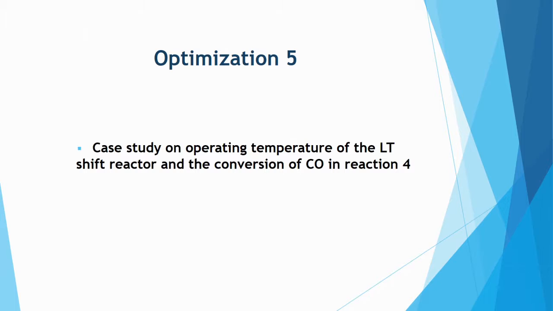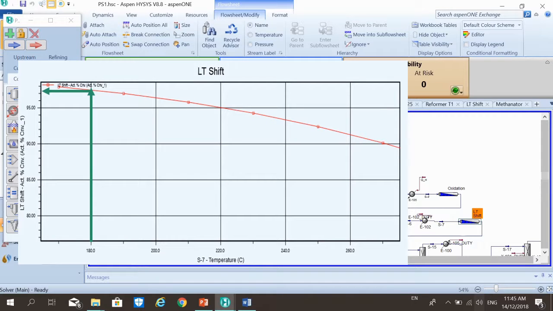A case study on the operating temperature of the LT shift reactor and the conversion of CO in reaction 4 is conducted to determine the optimum temperature and conversion. The case study shows that as operating temperature reduces, the conversion of reaction 4 will increase. We are given a constraint that the operating temperature of the reactor must be lower than 587 degrees Celsius. Therefore, we choose the temperature of 180 degrees Celsius with a conversion as high as